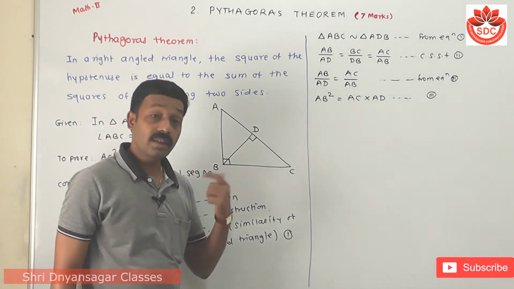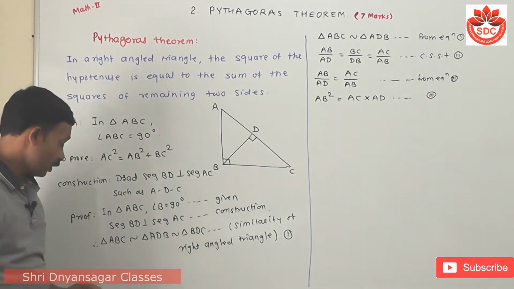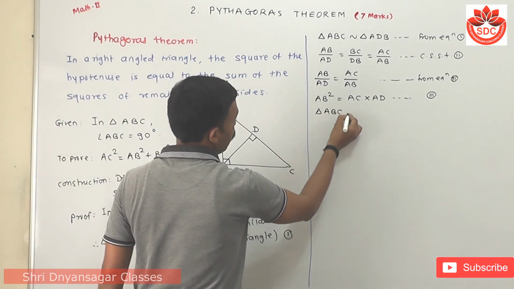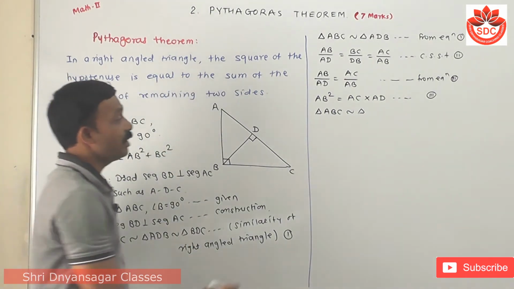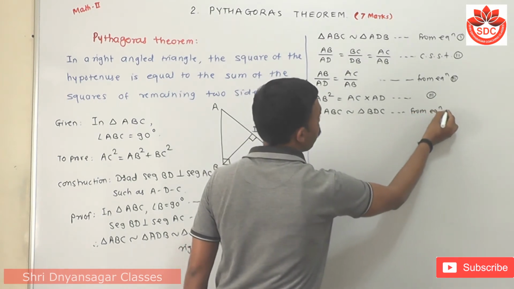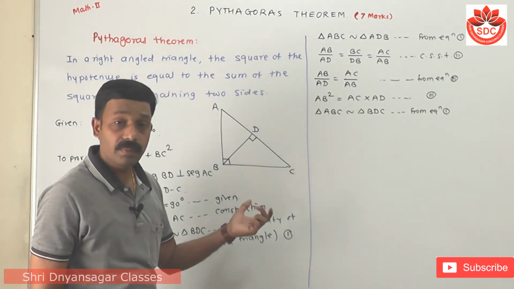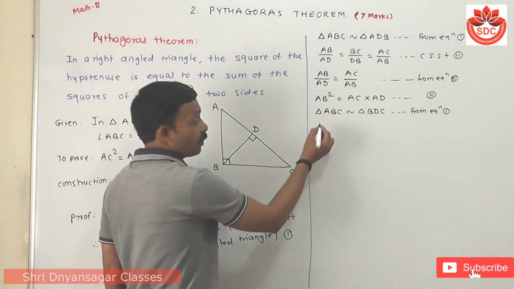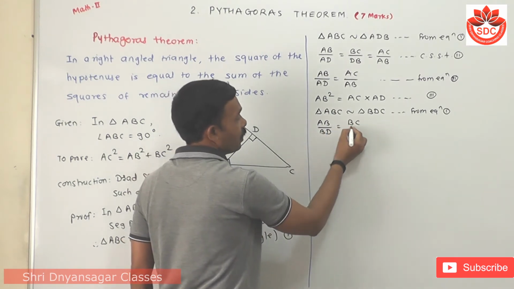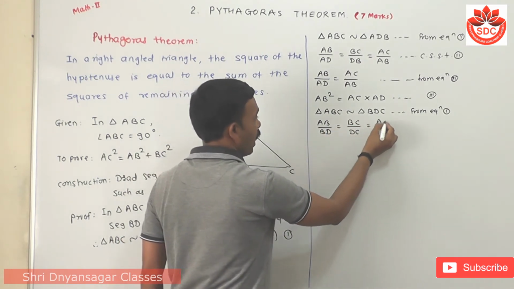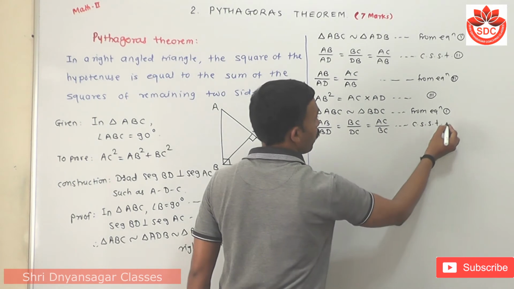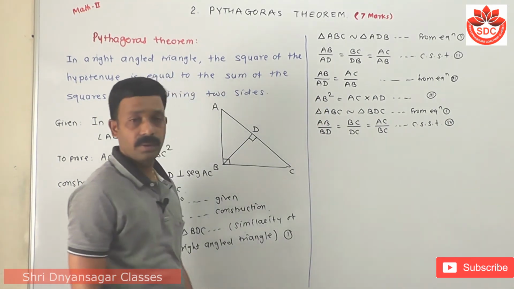Then we take another two triangles which are also similar by using the first and last triangle. Means triangle ABC is similar with the last triangle BDC, from equation first. Okay, then again take its corresponding sides. First AB upon BD is equal to second one BC upon DC and first and last AC upon BC. Here again write corresponding sides of similar triangles. Suppose that this is equation number 4.